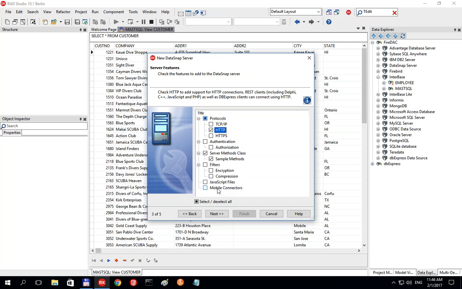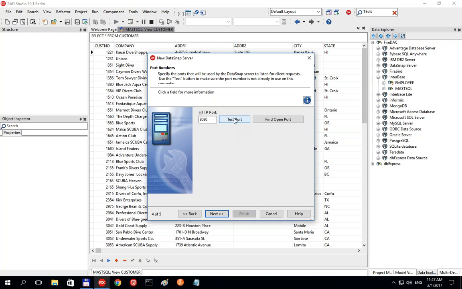Also, you can have mobile connectors. So this is for other clients, if you want to have non-Delphi or HTML clients, this could be useful. But if both sides of the application are just plain apps, probably you don't want to touch those. So I'm going to keep the HTTP and sample methods, go for the next,